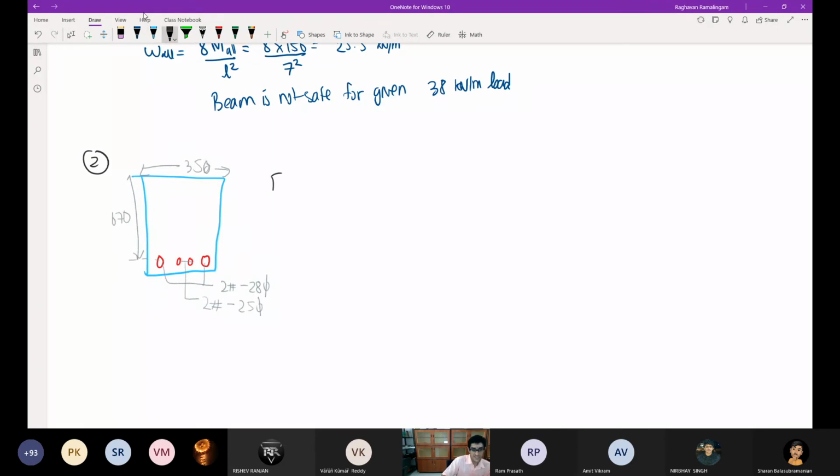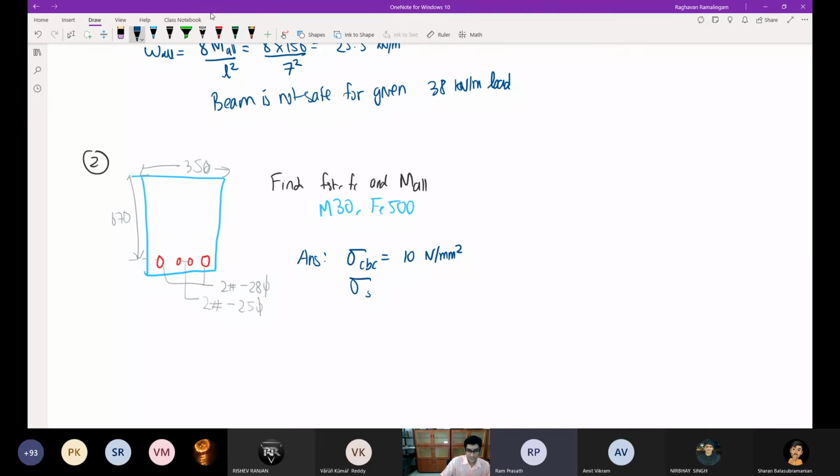Find FST, FC, and M allowable. Okay, same process. And the grade of concrete and steel is M30 and Fe 500. Okay, more practical. These days M20 and Fe 415 is almost obsolete. So M30 and Fe 550 itself is the norm these days. 500 itself is getting extinct. So for M30, sigma CBC is how much? 10. Very good.